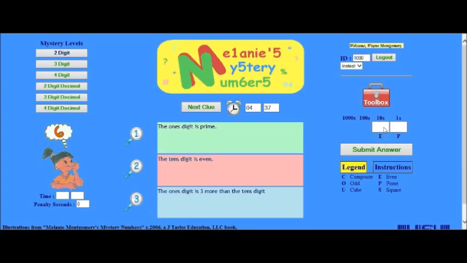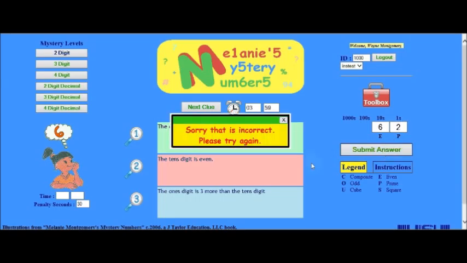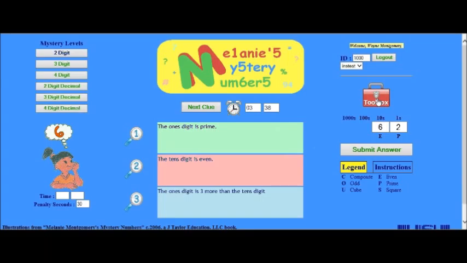We'll give it a shot here. We want an even number here and a prime number here, and we'll see what we get. Whoops, we're incorrect. So the program responds with an appropriate congratulatory message or an indication that the answer is incorrect, offering the student an opportunity to resubmit. So what we're going to do is click this off here and take a look at our